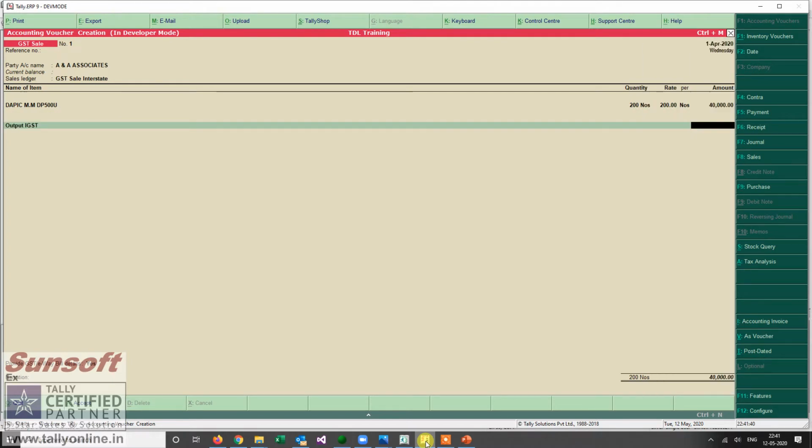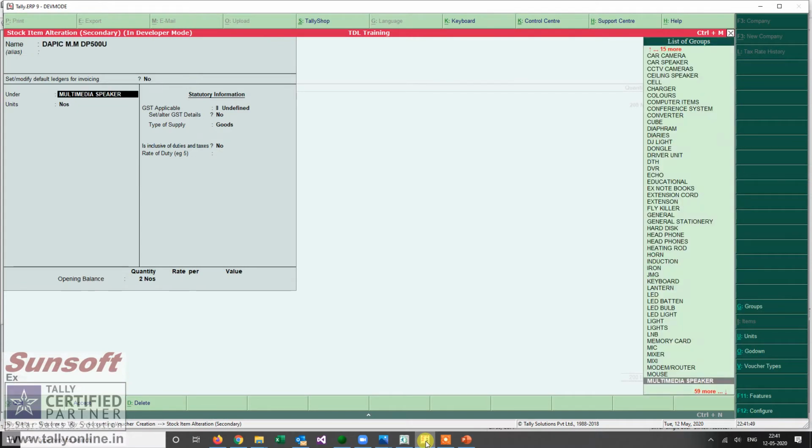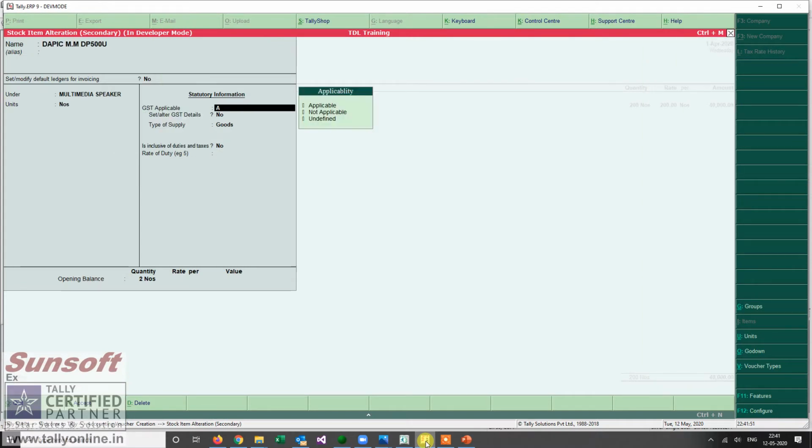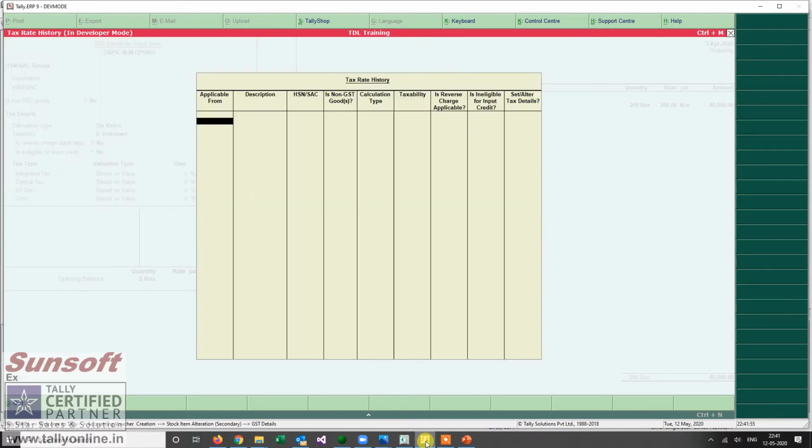So I take a ledger as output IGST. Still the IGST is not coming, that we'll see what the problem is. So I'm giving it values.